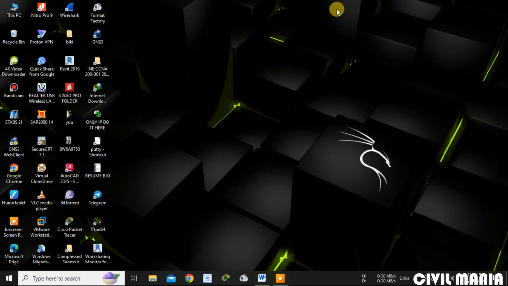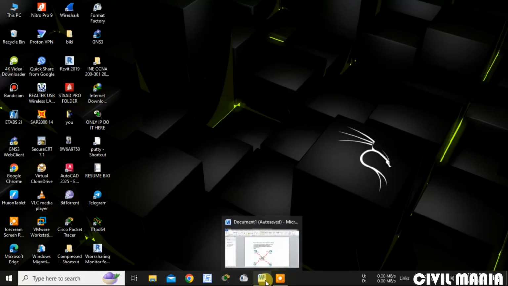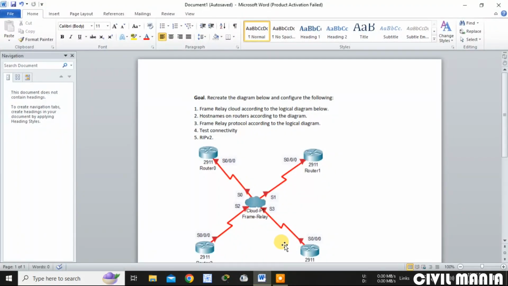Frame relay is actually one type of telecommunication. With the help of frame relay, we will be doing the communication from one end to another end. Let me show you with the help of one diagram, such as this is the exercise today I will be doing. So let me explain what frame relay is by the help of this diagram.